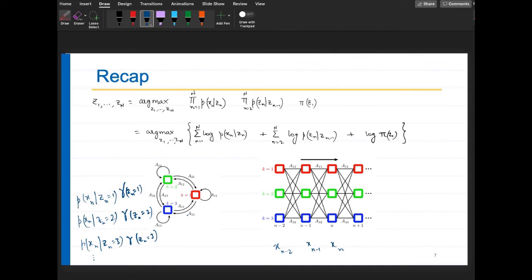Okay, let me give the answer. How you can simplify: instead of saying that the responsibilities are distributed, you assume that a single value is responsible for the outcome. Like if you do Viterbi decoding, what does it give you? Viterbi decoding gives you a single path. It doesn't give you the soft scores. Okay, maybe it is coming from this value of k with this much probability, or this value of k with this much probability. It does not give you a soft distribution. It gives you a hard assignment.